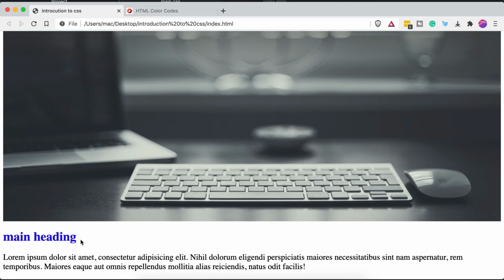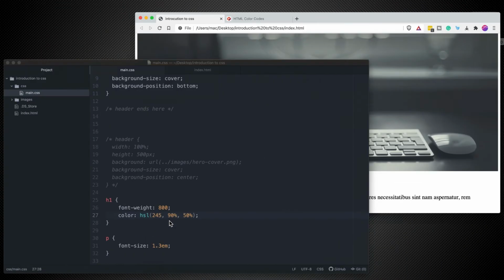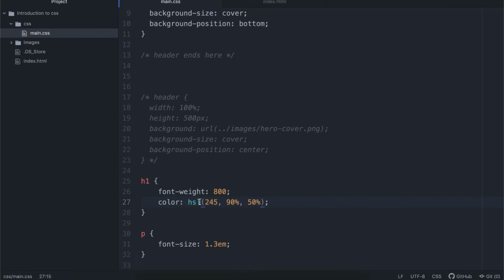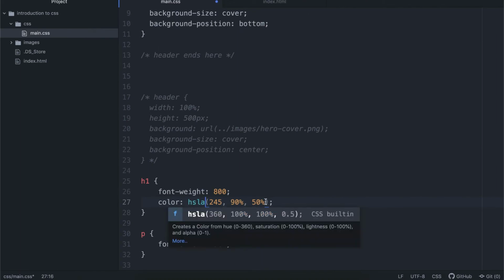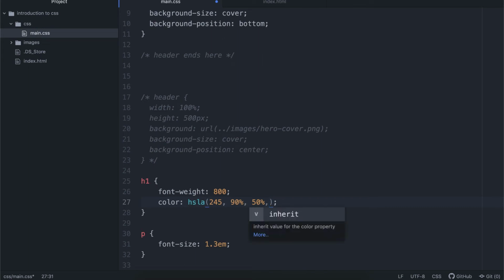Okay, now let's add the alpha. So we would say HSLA, therefore we have to add this fourth value, so you have to put a comma to separate the value, and then I would say 0.9, that means 90%. You save it,